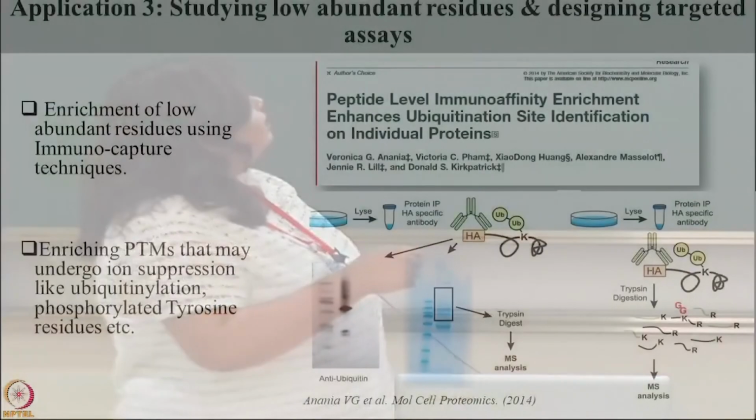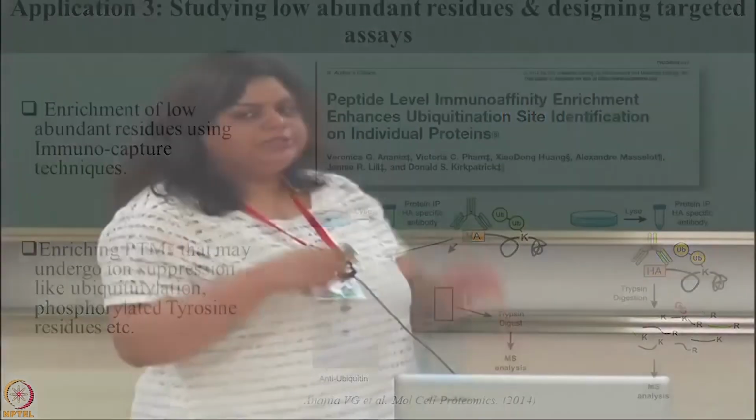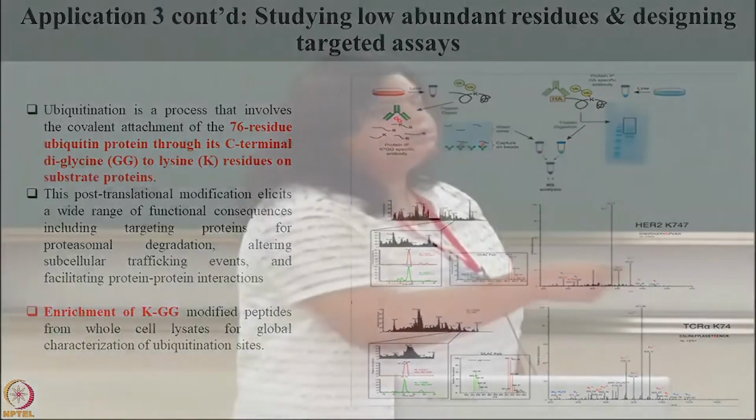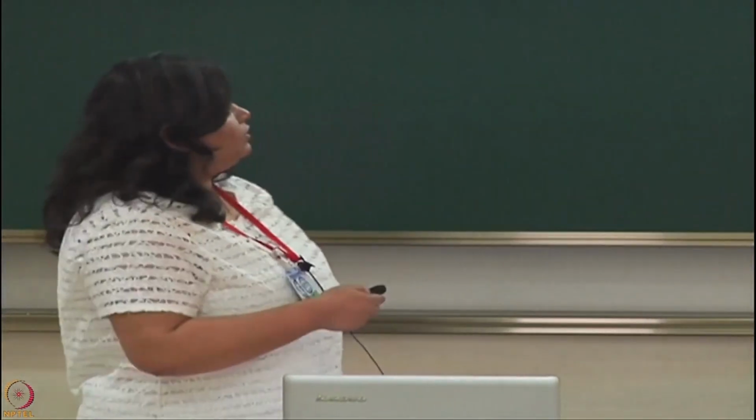So in this case, what they did is, ubiquitination involves glycine to lysine residues. The ubiquitin is attached to the lysine residues of the substrate protein. So they enriched the sample using this KGG stretch, so they actually tried to enrich only samples that have that ubiquitination. And then, even in the mass spectrometry, they can identify the sites of ubiquitination, since they can see the stretches of K and G. Thereby, they can be confident that they have identified the proteins that are enriched in ubiquitination.